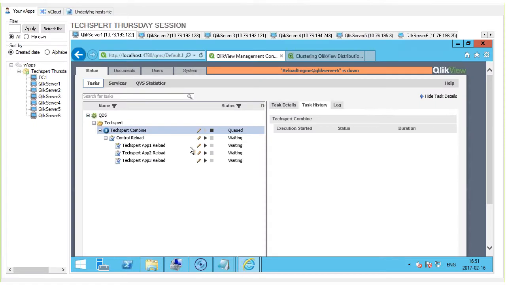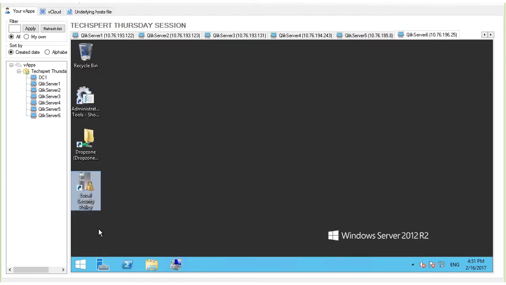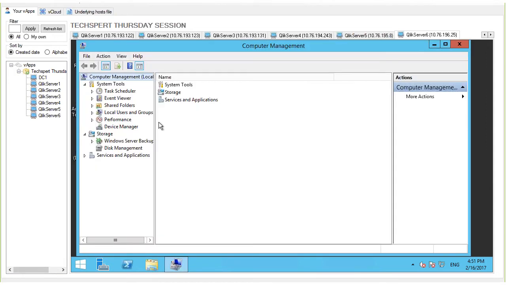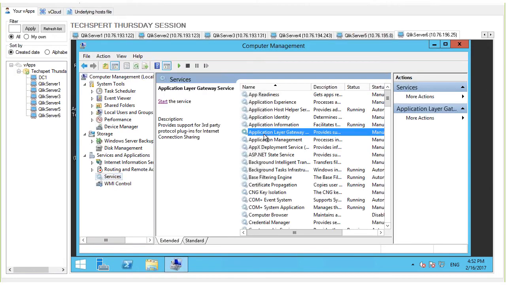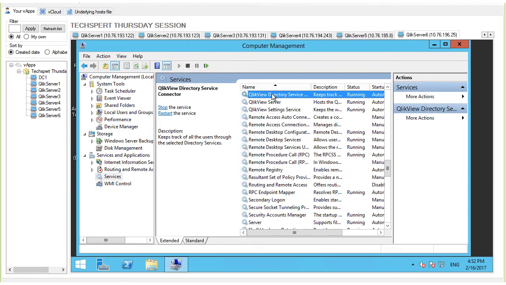So let's go back over here. So here's what I'm talking about. You'll see this orange banner and it'll say Reload Engine on Qlikview Server 6 is down. Well, as you all know, reload engines equate to distribution services, and if I go to Server 6 and bring up my computer management app and go to services, go down to my Qlikview services, I've got no distribution service here. So that's why I've got the orange banner, because I don't have a distribution service on this